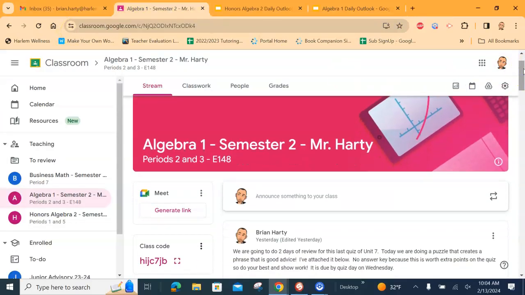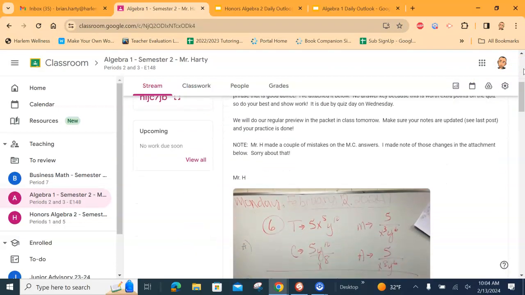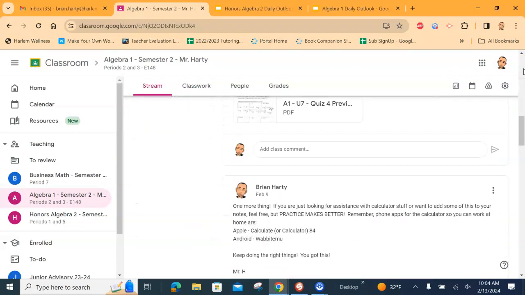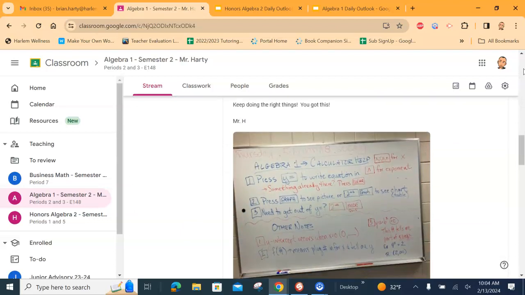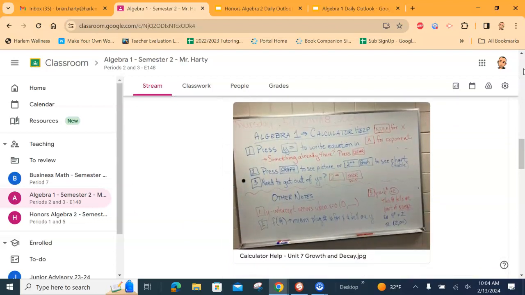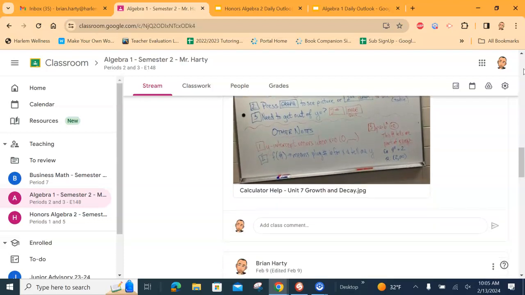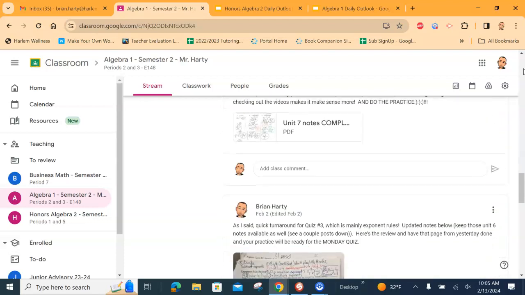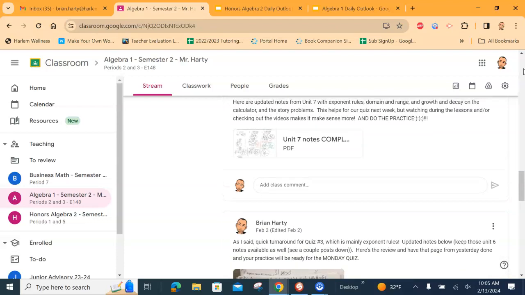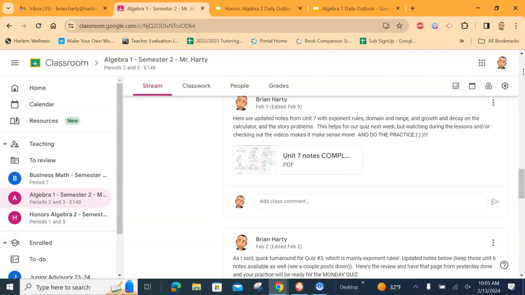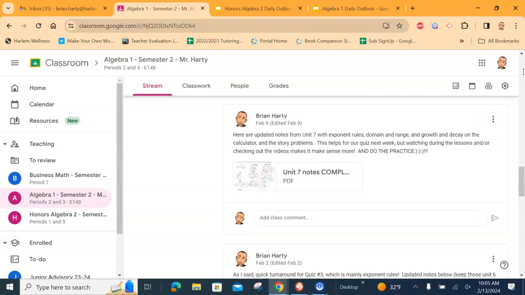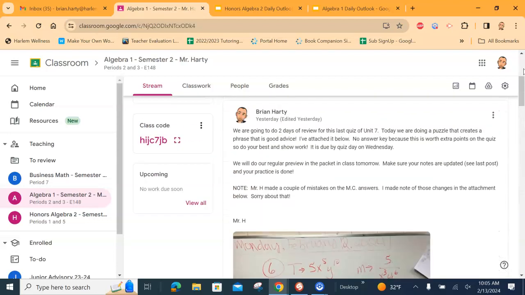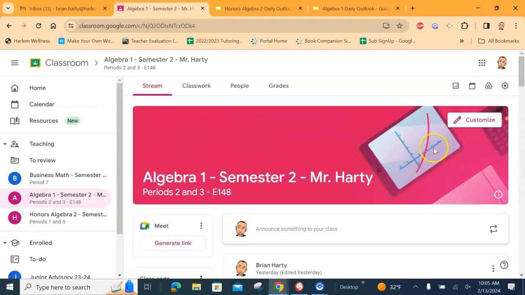If you are still in need, here's the calculator button presses. Do you need them on your note sheet? Maybe. If you do, put them on there. Do you still need the notes? There's all the notes, every last bit of them. They're all here. I've got copies around the room. You've got tools if you choose to use them. That is going to be your